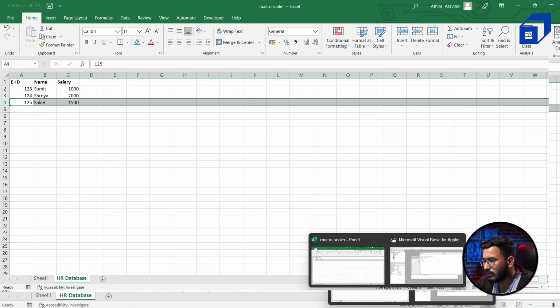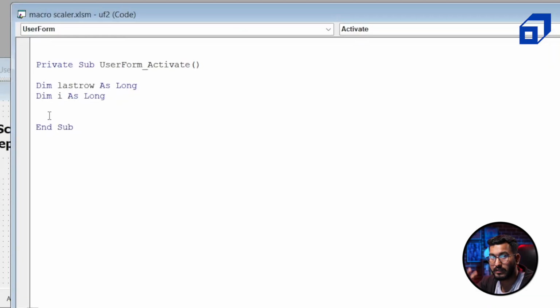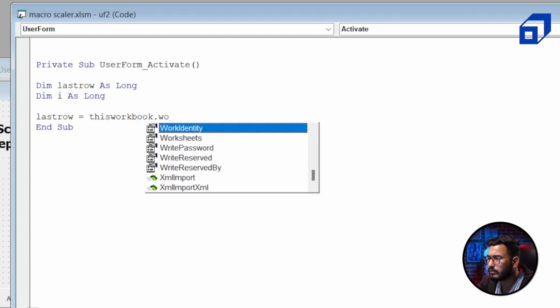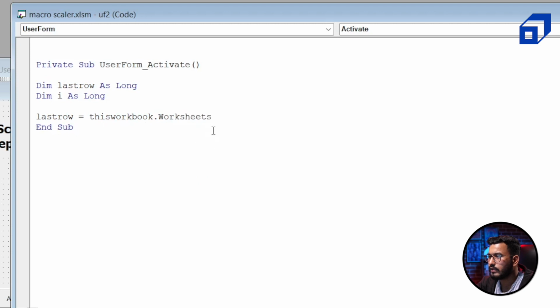Let's go to our Visual Basic, or the macro code, and we will say last row is equal to this workbook dot worksheet, which is the second one. Then the name of the worksheet is HR database, and in this particular worksheet I'm referring to cell number, second row, and column is A. You can write 1 also, but I'm just helping you with another way. And dot End, xlDown